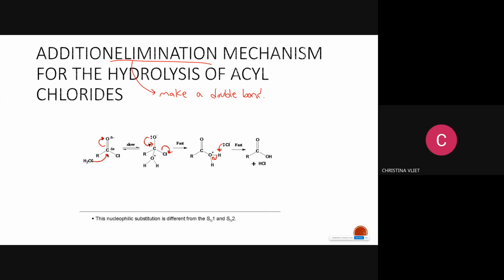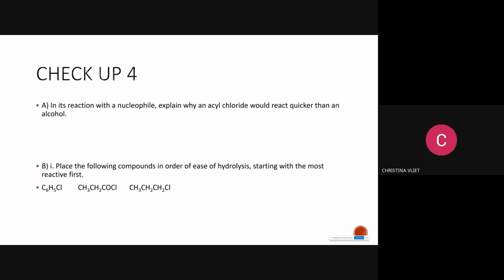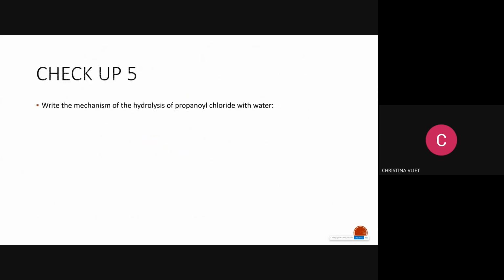We're going to take a look at it from scratch. So we're going to skip this question for now. We'll see if we come back to it, but I want to do the mechanism. So write the mechanism of the hydrolysis of propanoyl chloride with water. So what's propanoyl chloride? How many carbons? CH3, CH2, COCl. And then it's going to be plus water, which it would probably help if you wrote it out the way that it exists in the blue structure,